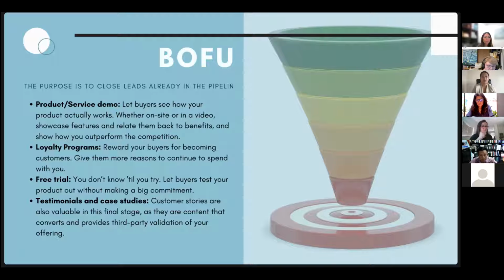Next would be maybe a free trial. You won't know until you try. Letting buyers test your product out without making a big commitment shows that not only do you stand by your product and its quality, but you really want to gain their business. And lastly, testimonials and case studies. So customer stories are also valuable in this final stage, as it's content that converts and provides third-party validation of